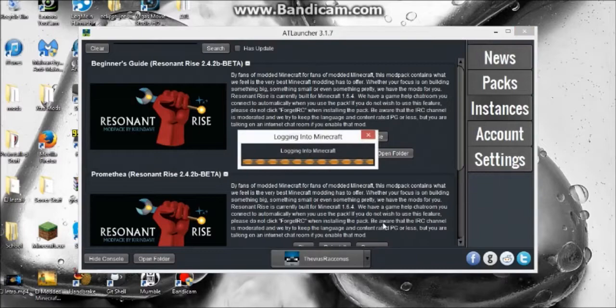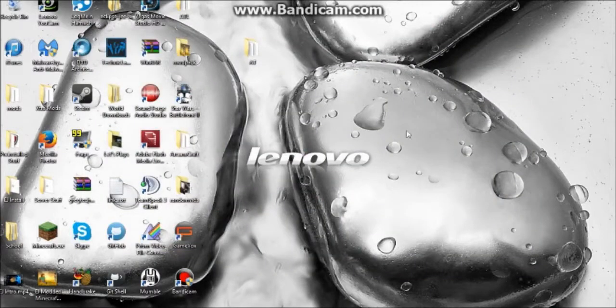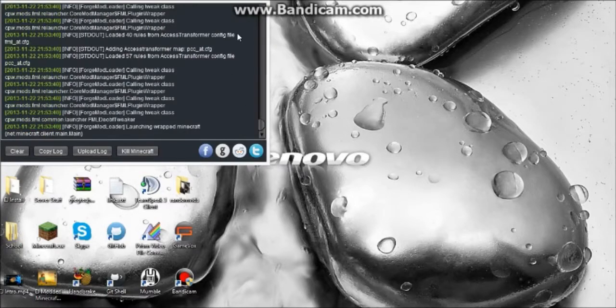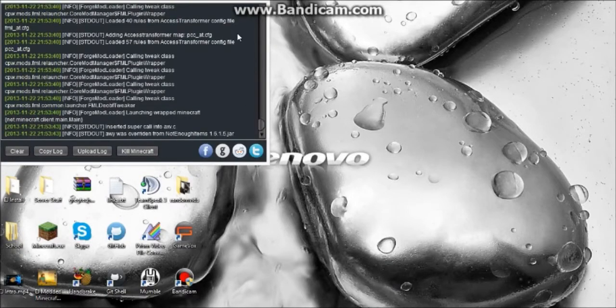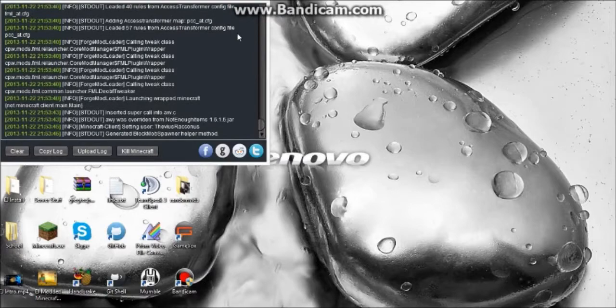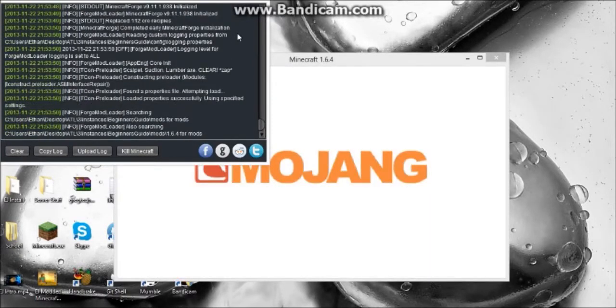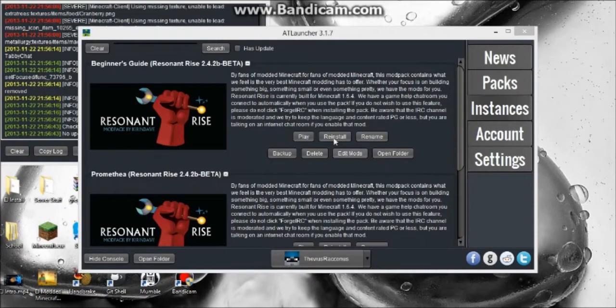So let's click play. Now it's going to log in, and everything will pop up, and this is going to take quite a while. So, yeah, don't be surprised if this takes a while. Don't think there's something wrong. But yeah, so I will see you in game unless we have some kind of crash with Redstone in Motion, in which case I will go over how to fix that with you guys. Alright, be right back. Okay guys, we're back, and there happened to be a conflict with Redstone in Motion, and